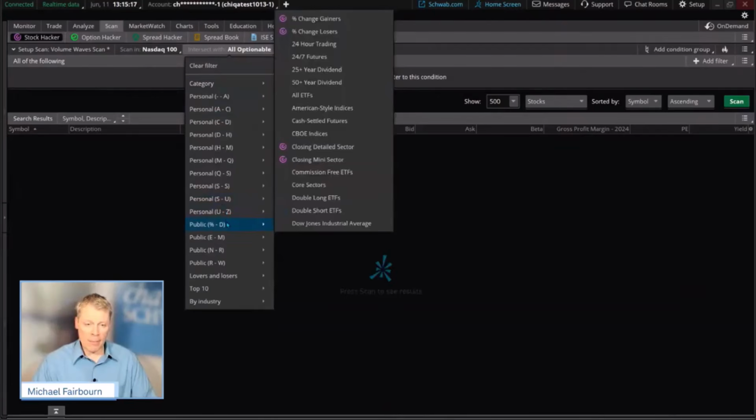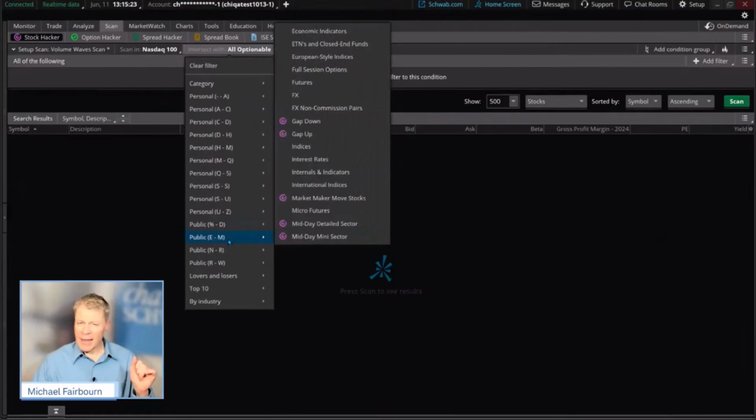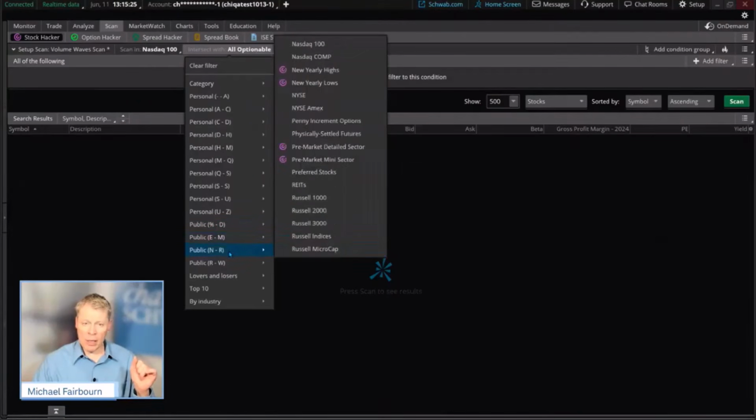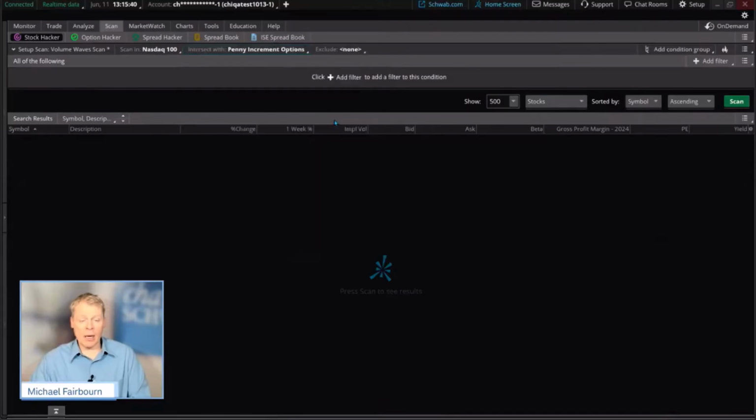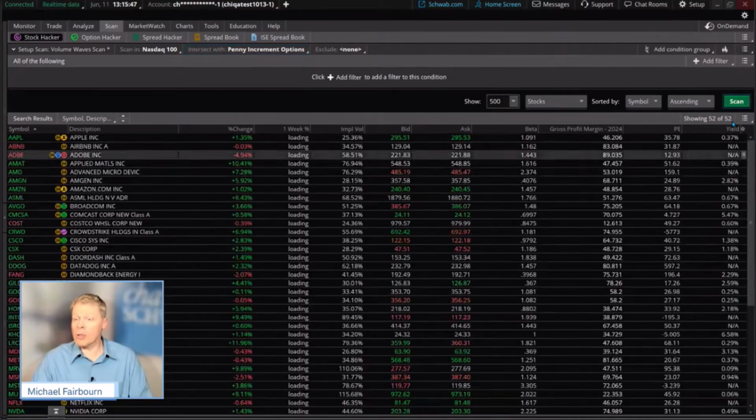You notice on that NVIDIA, there was one that was in there that was a 4 cent spread. How did that happen? Well, it happened because over here, penny increment options, or I said penny wide, penny increment. In other words, you can raise the option values not by 5 cents. Some of them in there are 10 cents, but you can raise them by a penny. And many of these companies are penny increment options. There are not all of them here. No, only half.